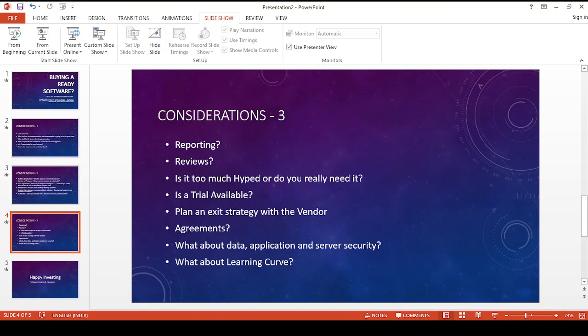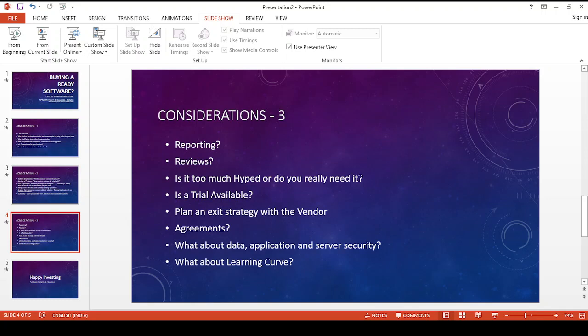Then you need to have an exit strategy in place. This will be with respect to large software. Why? Because there is a heavy investment, and you need to probably think of 1 year or 2 years before thinking of the long term. Then the next question could be, is an agreement in place with the software vendor? Because both are going to be partners, and as a partner, you need to have some legal documentation done so that if one fails, the other person can take action. If something of this sort is put in place, then you are safe.